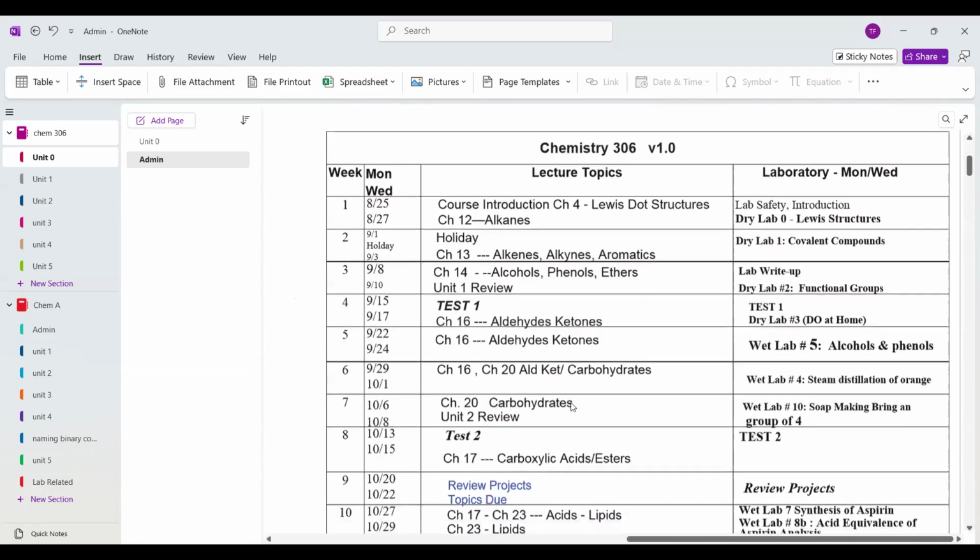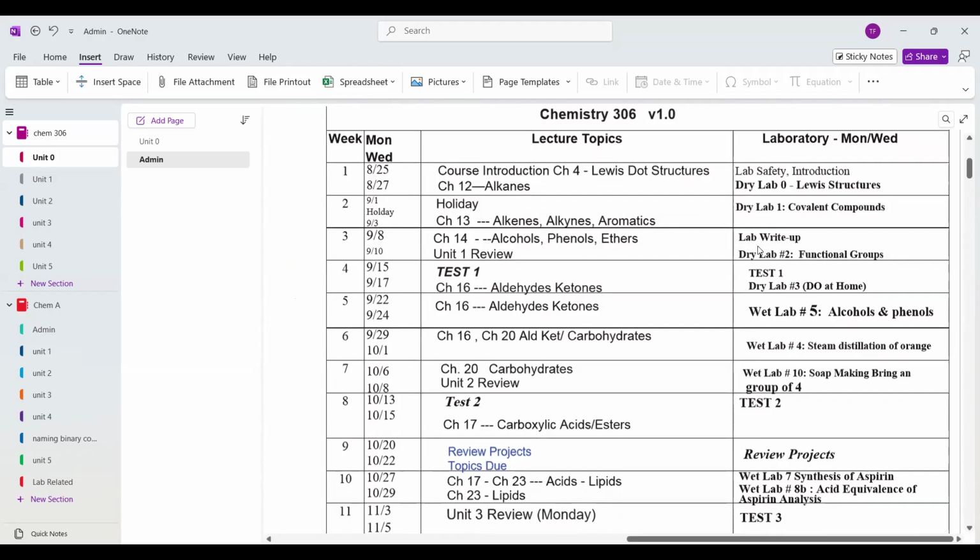Okay, so this is lecture and laboratory. You're going to find the labs are divided into two kinds of labs. I believe it's the same in 305. You have dry labs and wet labs. Dry labs you may do at home. You can do them at school as well, and I'll be there to help you if you need it. You can also do them in groups, and outside the lab at the tables around the lab room. And I have due dates pretty far out.